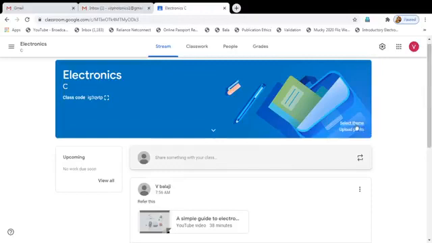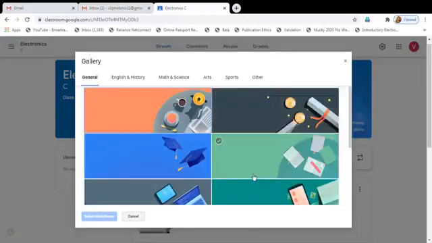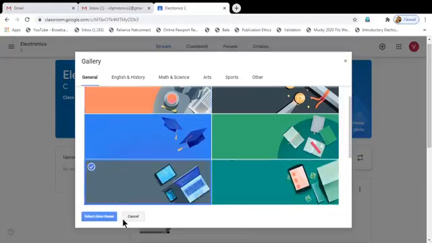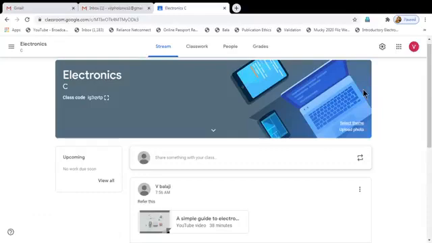And also if you want to change the theme, classroom theme, as you wish, you can change anything, or you can upload some picture also. Okay, so this is a way to create the Google Classroom with a Gmail ID. This is a way to post the announcement in our Google Classroom. This is a way to change the theme in our Google Classroom. Thank you.